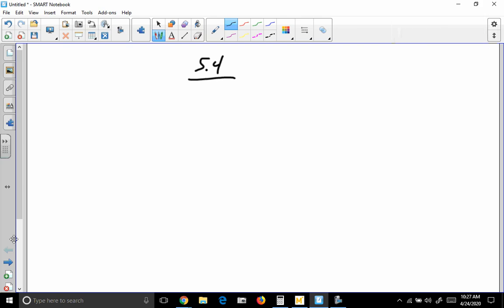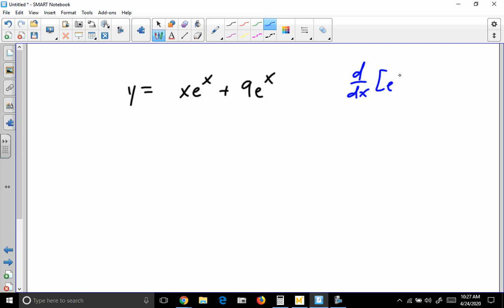And let's take a look at some problems out of 5.4. These are similar to some of the homework problems. So let's take this one and find the derivative. The derivative of e to the x is e to the x, or generically, the derivative of e to